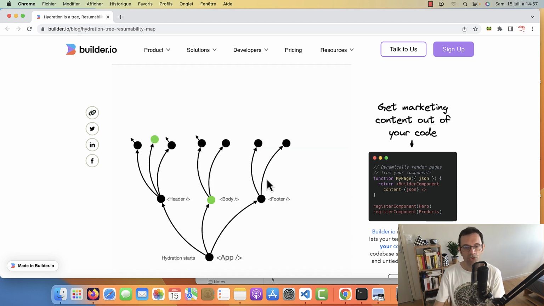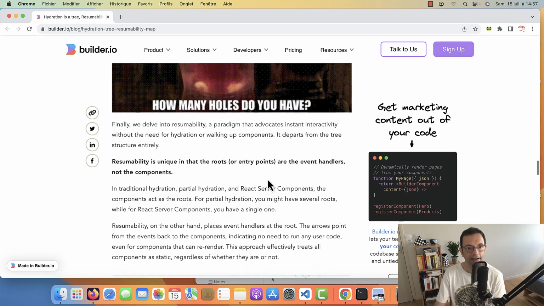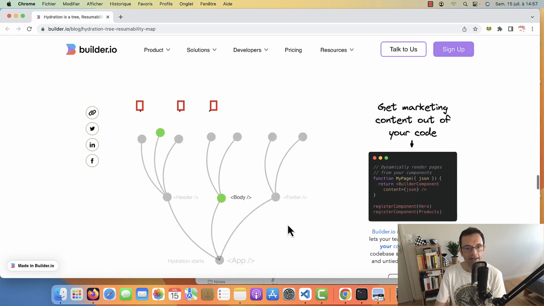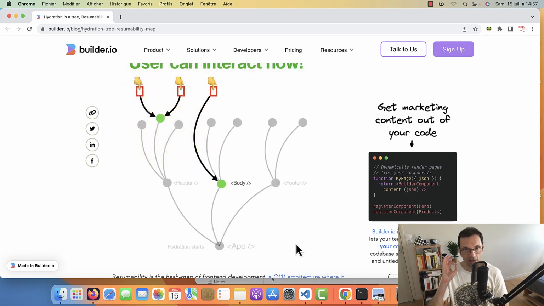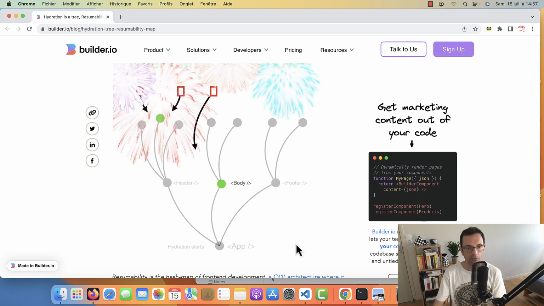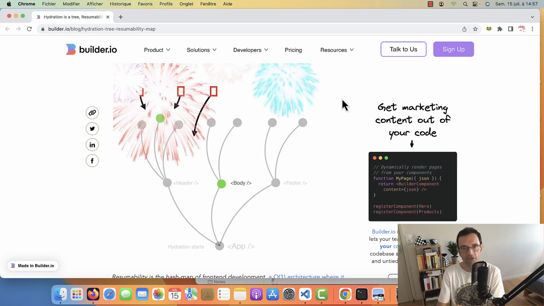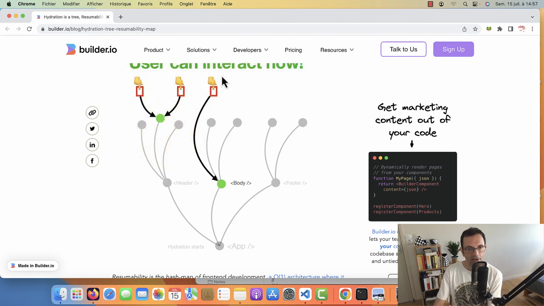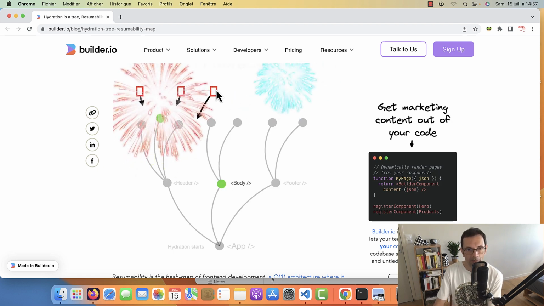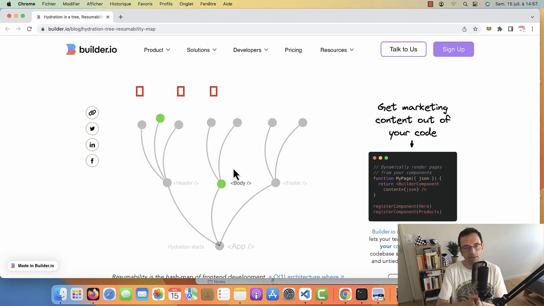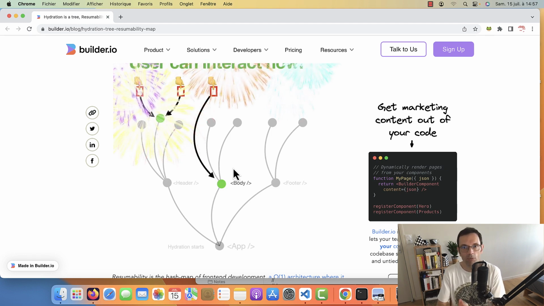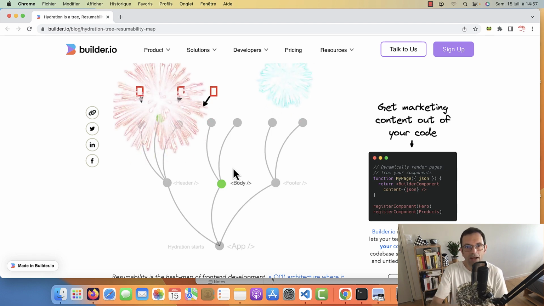With Qwik, you no more have this duplication. Here, you can see that with Qwik, at first you render the app with 0 JavaScript. And then when your user decides to click on a button, or to click to add to cart if it's an e-commerce site, then the JavaScript will be attached. I wouldn't say downloaded, because everything is downloaded eagerly, because otherwise you would have poor performance every time you click on a button.